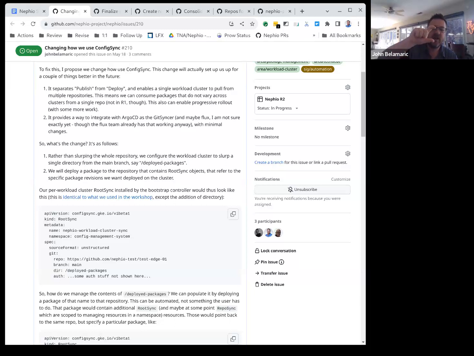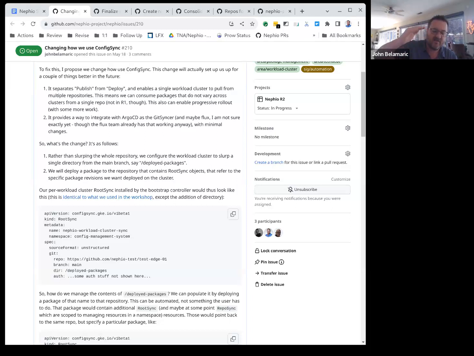You look at a particular directory in the main branch, and it's got a list of all the packages and their versions that should be installed on this cluster. They could reference this same repository. They could actually reference other repositories too. So instead of a repo per deployment cluster, we have a directory per deployment cluster and per workload cluster.